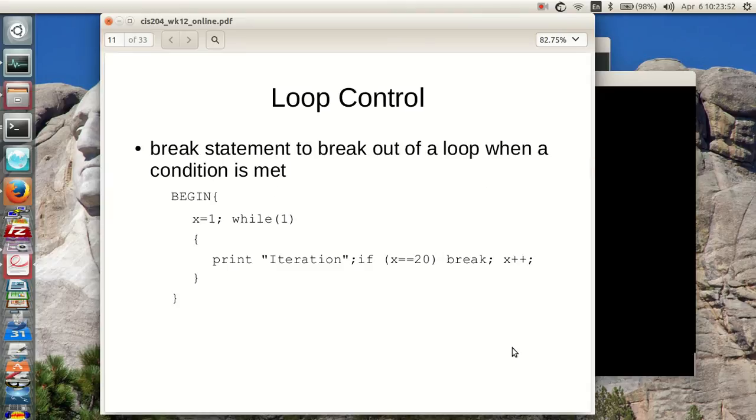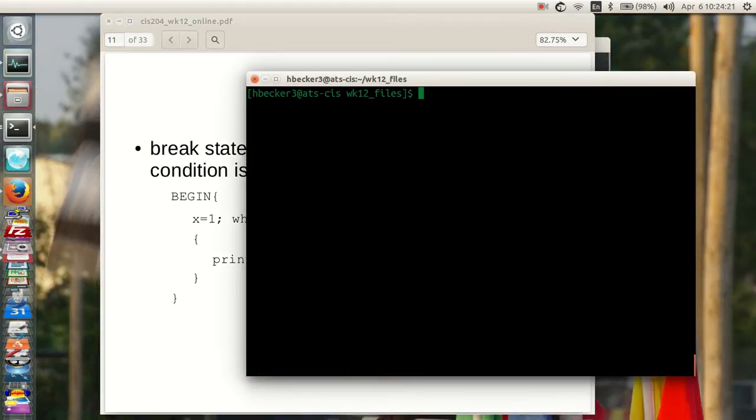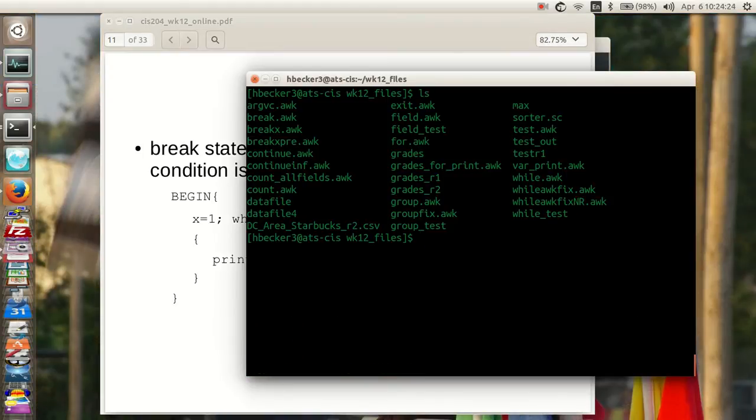So let's take a look at this break statement. To break out of a loop when a condition is met. So this is to do this as a begin statement. Curly braces to say I'm going to do an action. X equal 1, while 1, print iteration, if x is equal to 20, break, and then x plus plus. Okay, so what have we got going on here? Let's see, I should have a little break.awk -f break